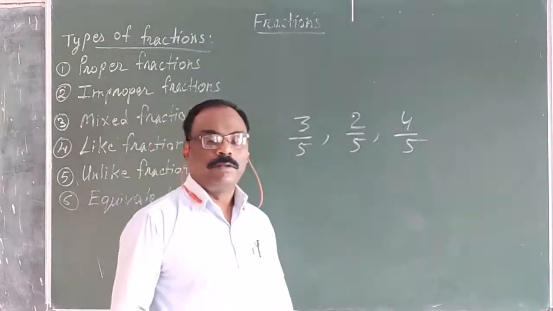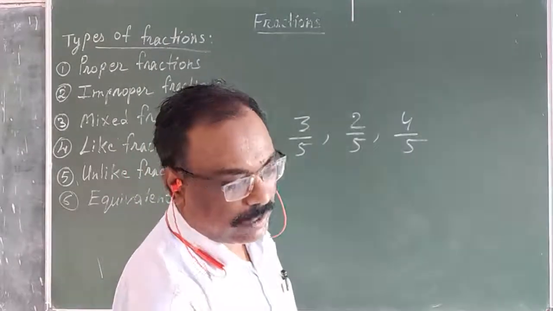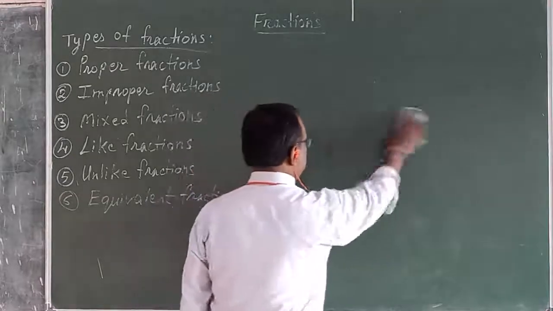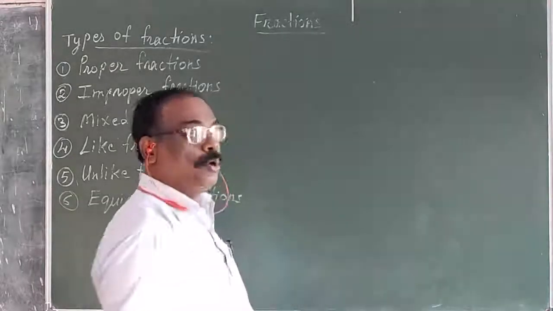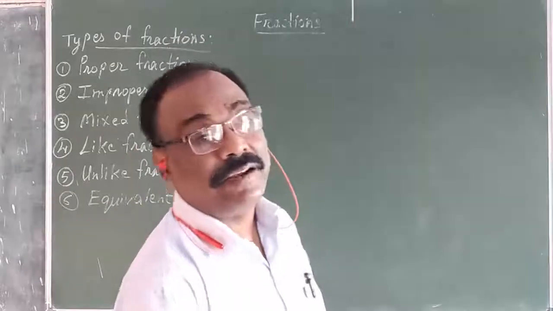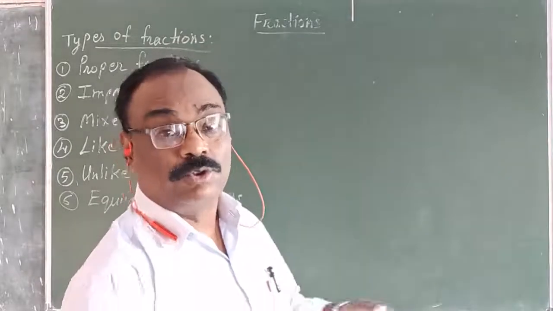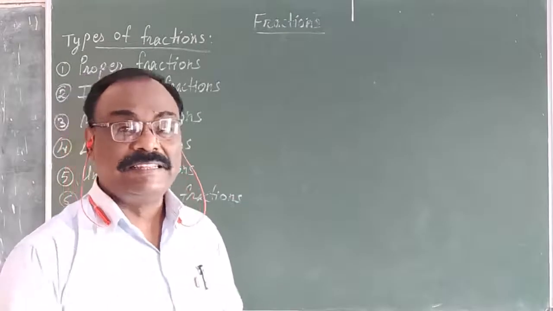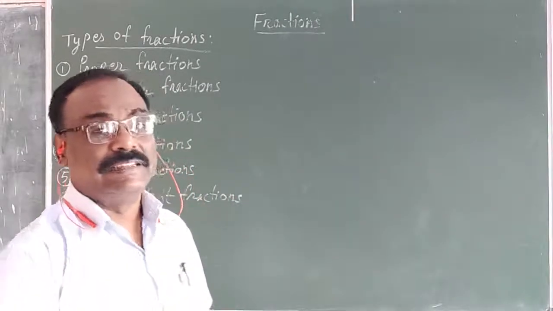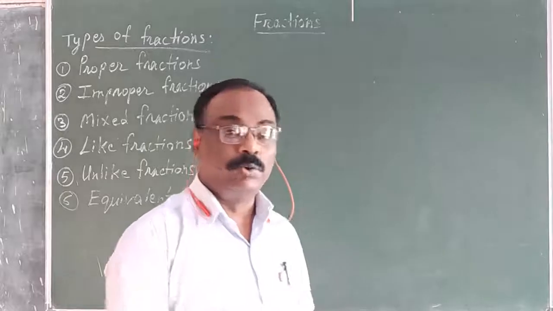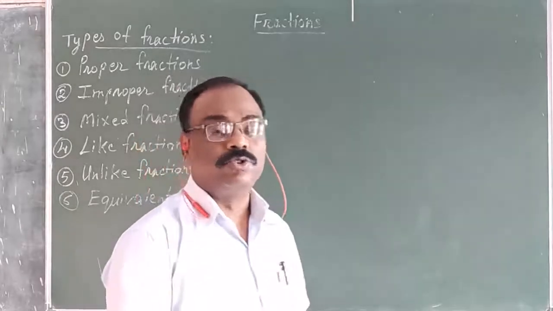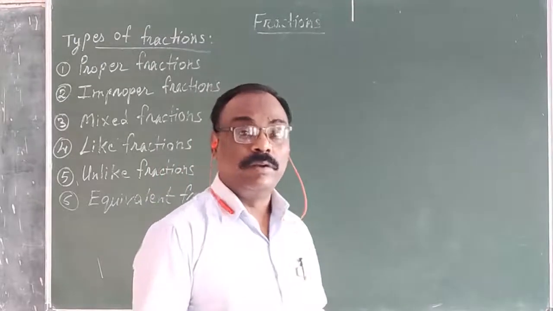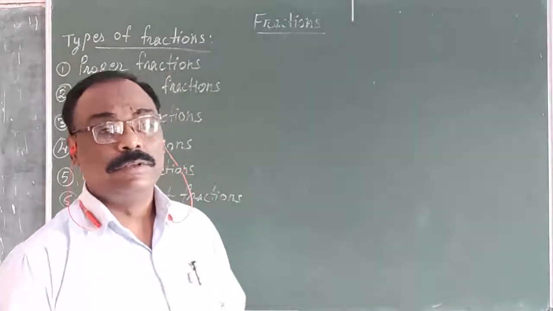Okay. Now unlike fraction. So unlike fraction is just opposite of this one. Means again two or more fractions having different denominators. Here also we always take two or more fractions. A single fraction we cannot say whether it is like or unlike, as I told in the beginning. So here also we cannot tell that it is an unlike fraction, a single one. At least minimum 2 is required.